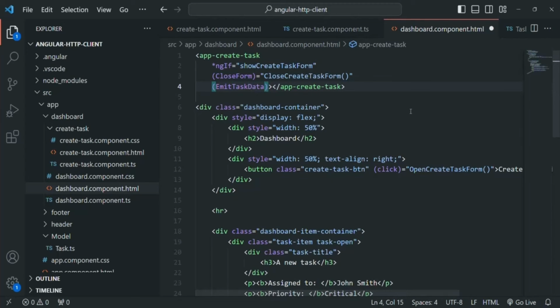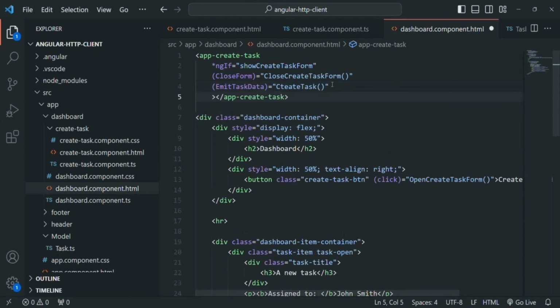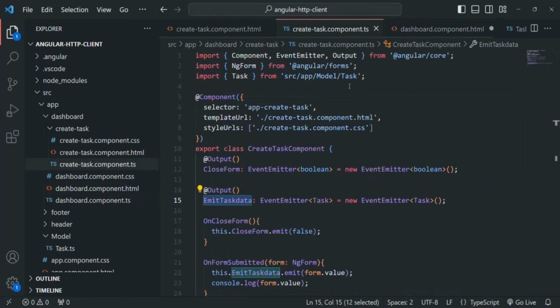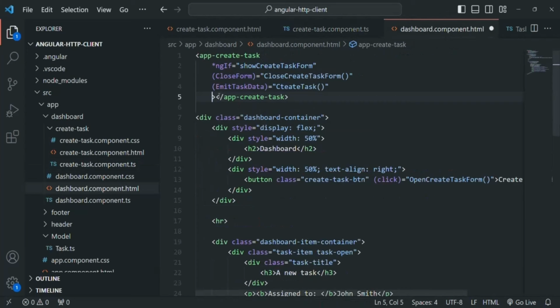And whenever this emit task data event happens, let's say we want to call a function. And here we are going to call a function, let's call it maybe create task. Okay, so in the child component, we have this event emit task data. We are binding this event in the parent component. So in the parent component, we are using the selector of that child component, and there we are binding this emit task data event. So whenever this emit task data event happens, we are going to call this create